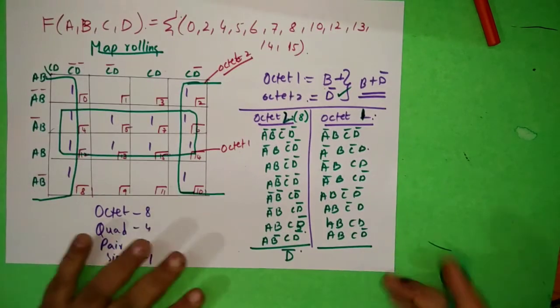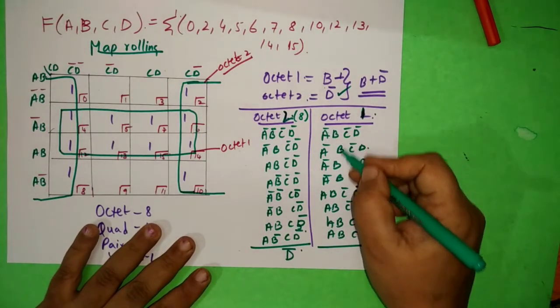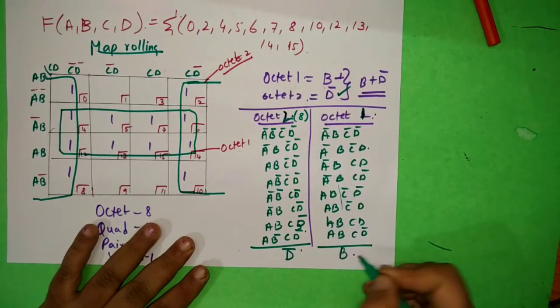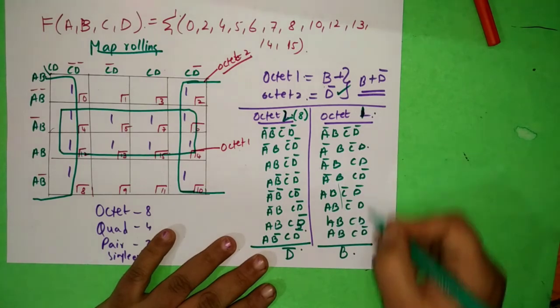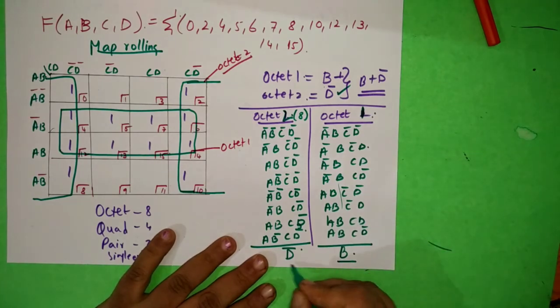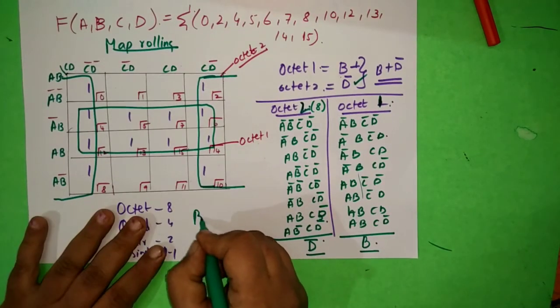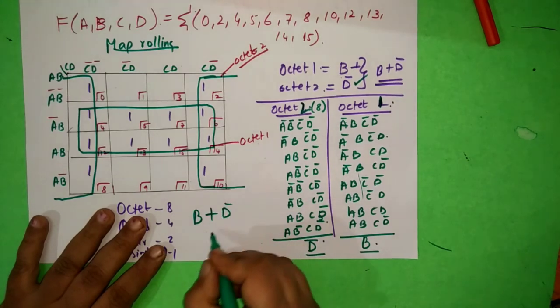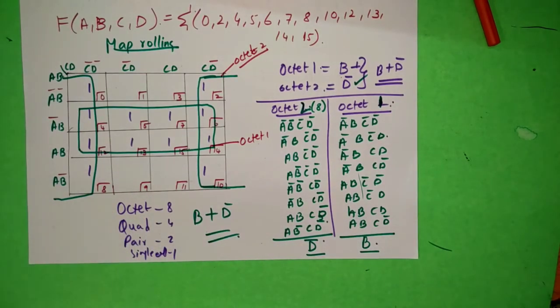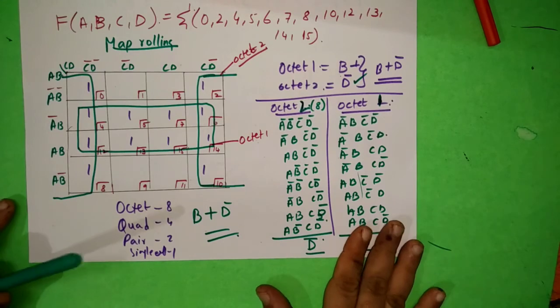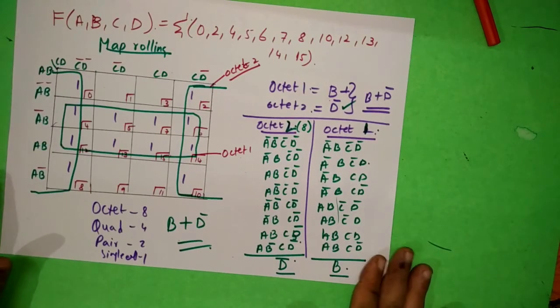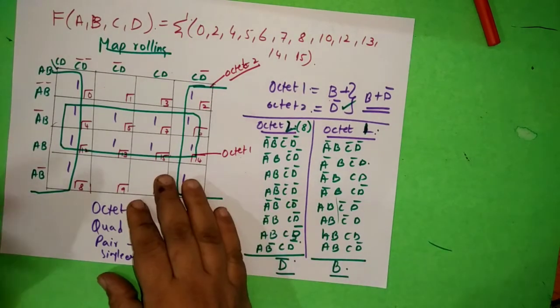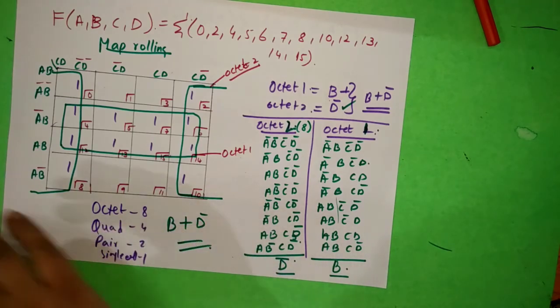So is this clear? So here also A complement has become A, B is same everywhere, so you will write the B, C complement has become C, and D is also changed. So you are left with this. So what will you write? Final answer, B plus D complement. Can be in any order. So that is the answer. Okay. So hope you understood this. So these are some of the problems that are asked frequently.